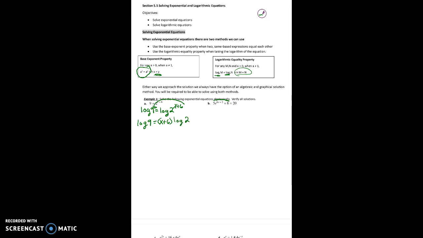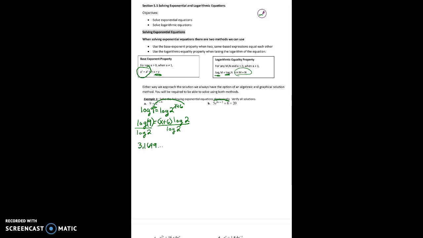So now x is down, no longer in the exponent, so we can just solve it like a normal algebraic equation. We're going to divide both sides by the log of 2. And when you put that in your calculator, it already gives you one parenthesis. Don't forget to close that parenthesis or you'll get the incorrect answer. When you take log base 10 of 9 and divide it by log base 10 of 2, you get